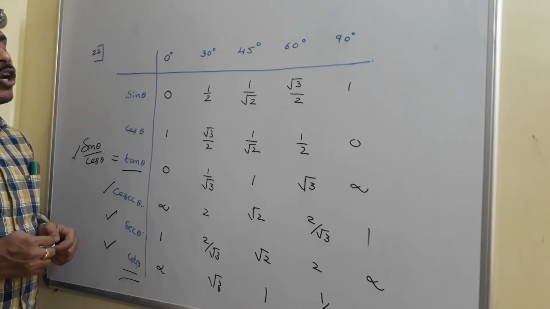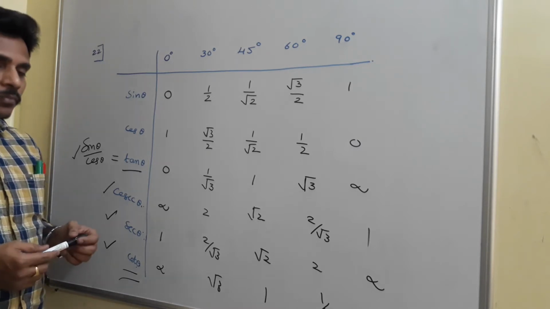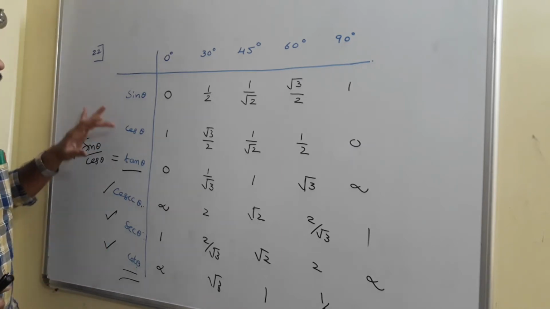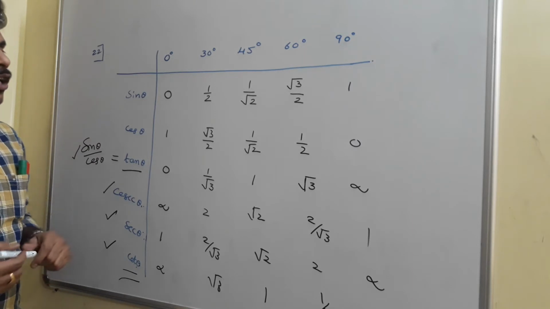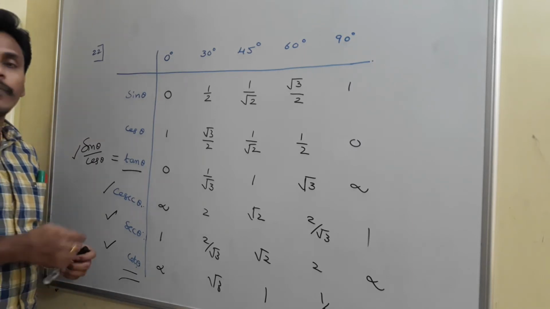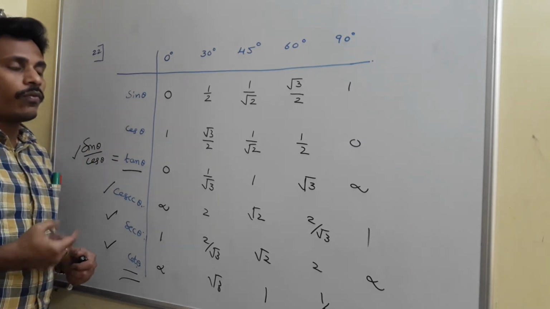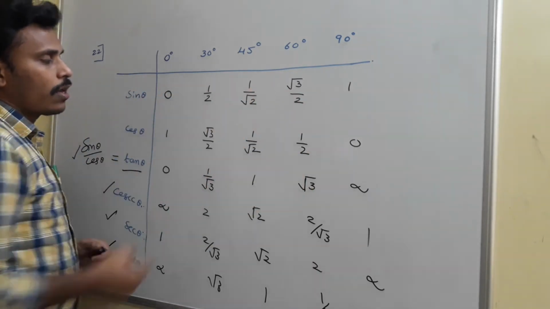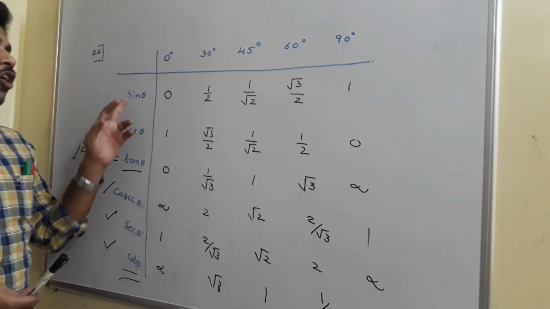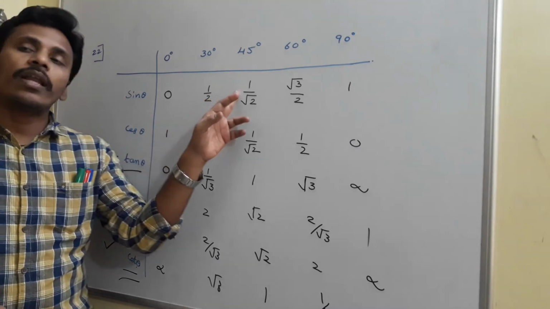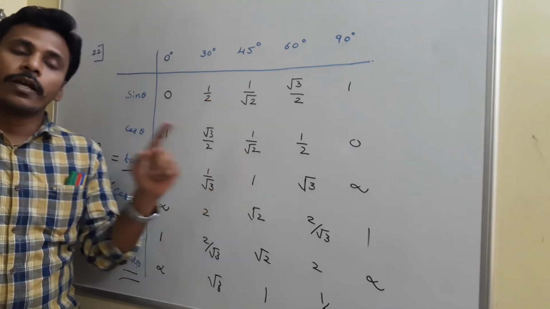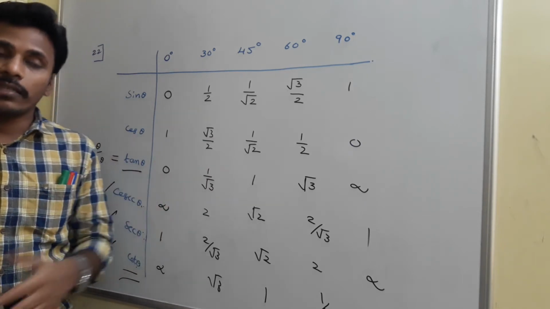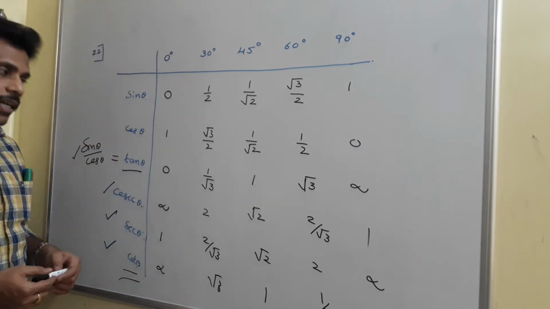And you may face different questions related to this. First, suppose anybody asks you when sin theta is equal to cos theta for an acute angle theta. You need to say sin theta and cos theta are equal. Whenever they are equal, look at the first two rows: whenever the values of sin theta and cos theta are equal, they are equal at this particular 1 by root 2. So if sin theta is equal to cos theta, then your answer is the angle is 45 degrees.